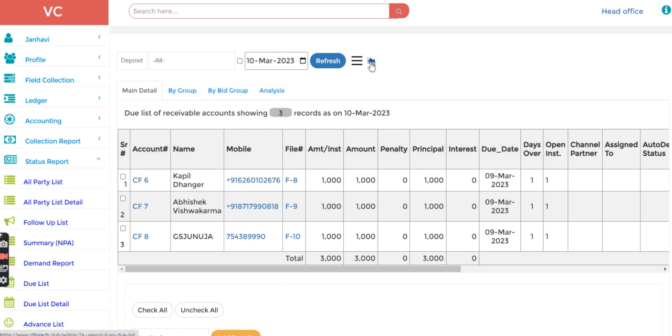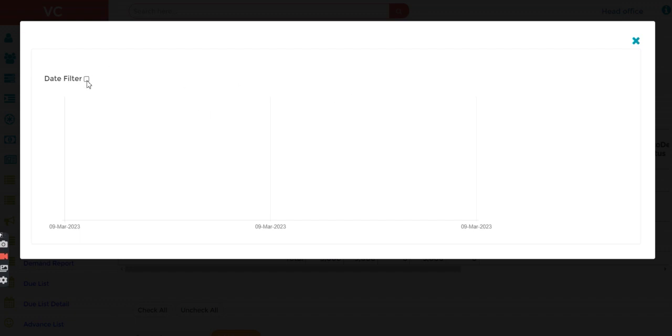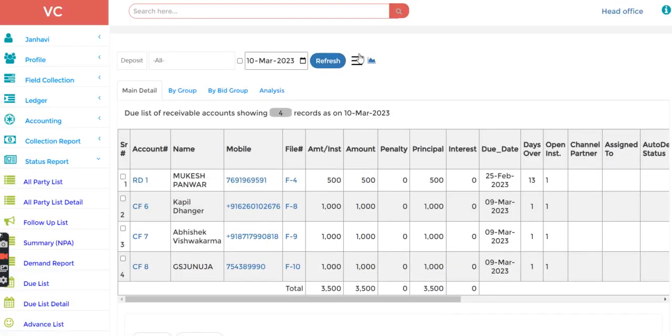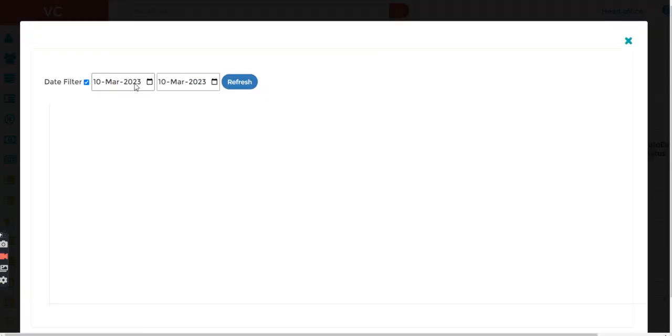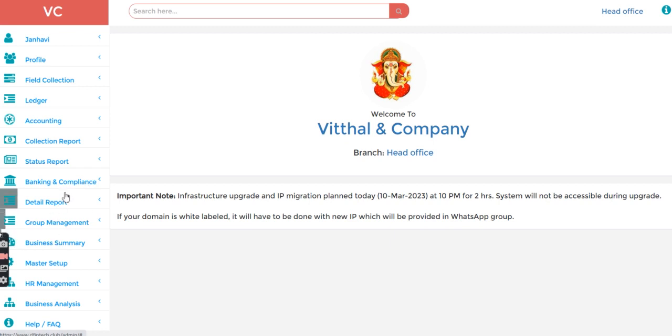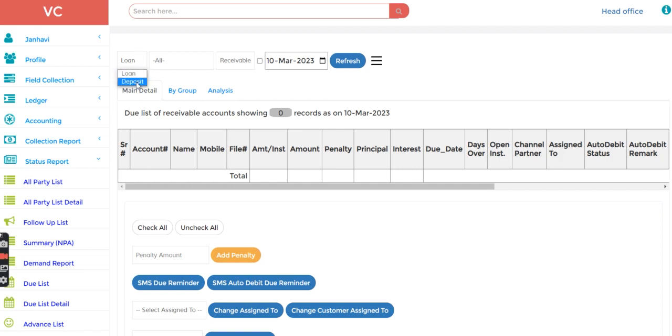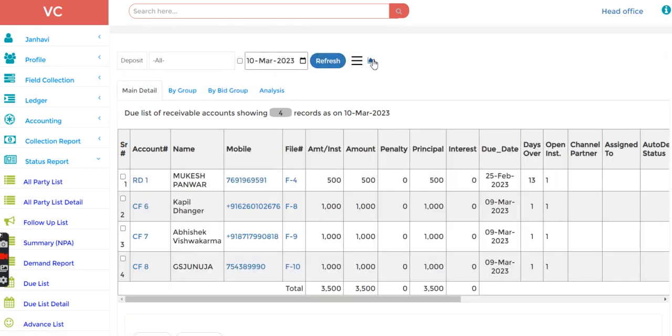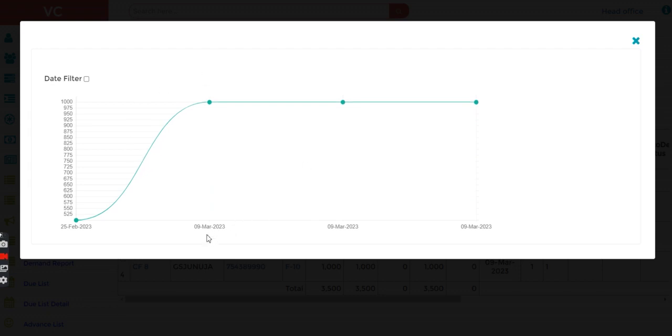And here there is a graph also. So you can use the date filter and you can see this graph, but let me check. Just click to refresh, click here. So I will select the date and just click to refresh. Let's refresh this and go to the status report due list and click to the deposit. Just refresh, click here. See, you can see this graph also,